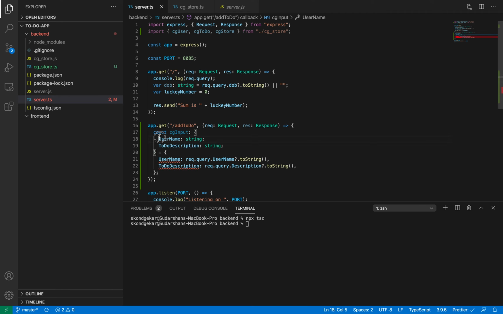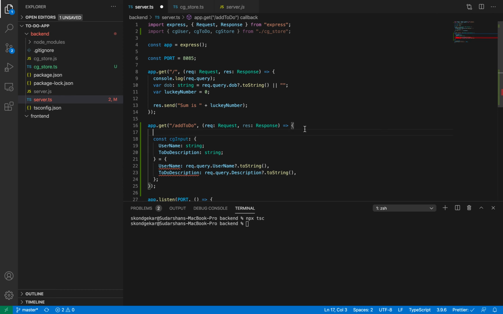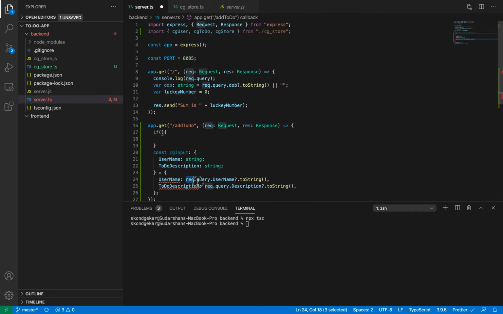I should have some username and some to do description to create a to do. So before this code, I will validate these two things. So if I write if request to do username is undefined, then